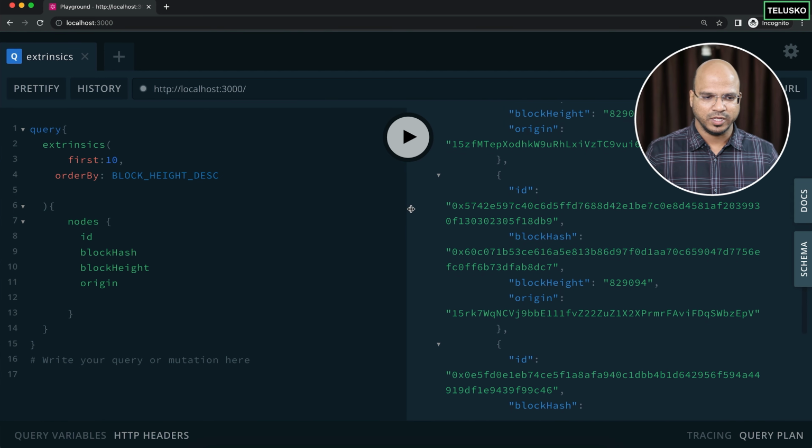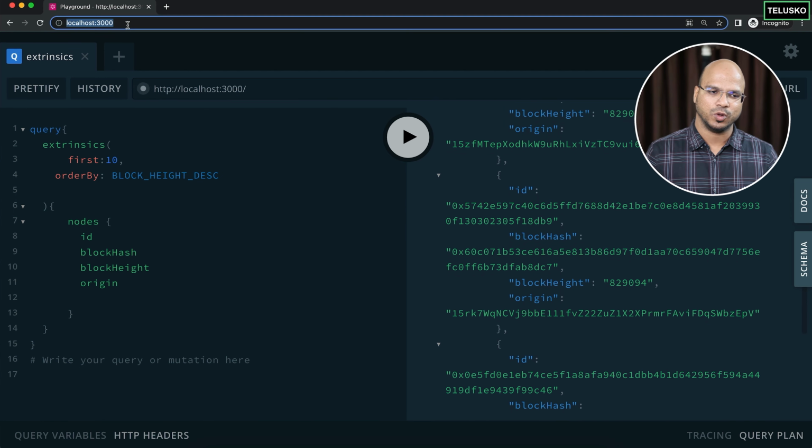Cool. Now, instead of running it on local, so what we are doing is we are saying localhost colon 3000, right? So only my application which are deployed on this machine is able to use it. But what if you want to make it public? In that case, you have to publish it. Now, how do you publish it? So let's follow the steps for that.